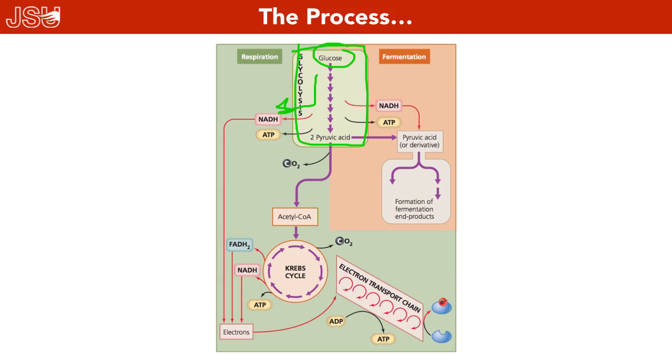Next, we're going to then take those pyruvates or pyruvic acids, and we can either go into what we call oxidative metabolism or respiration, or we can continue on to fermentation. We'll talk about fermentation next time. It depends on how much oxygen you have. It depends on cellular processes. We'll talk about why you do fermentation later on. Okay, but there's some choices that the cell will make.